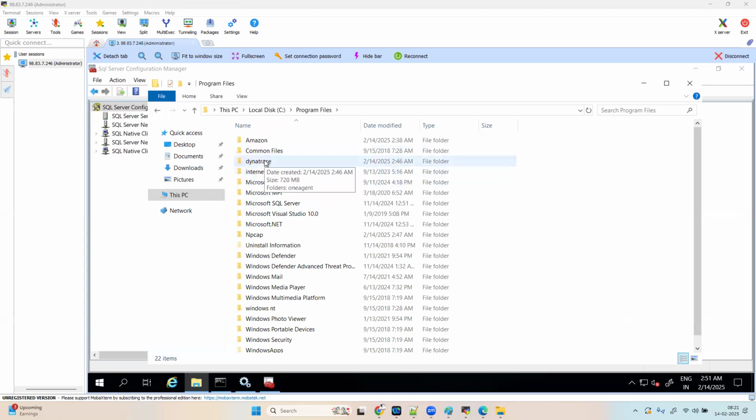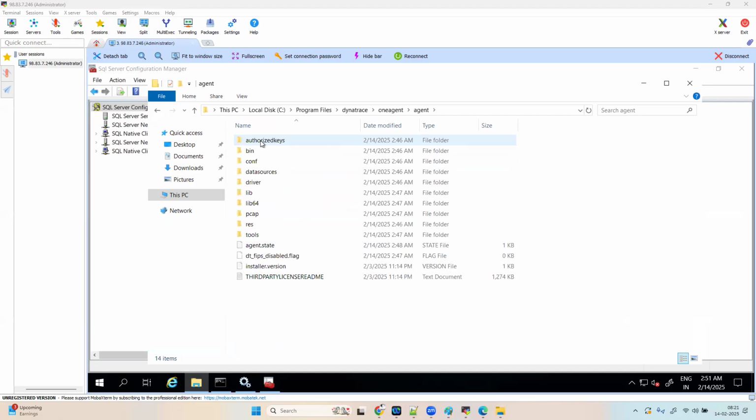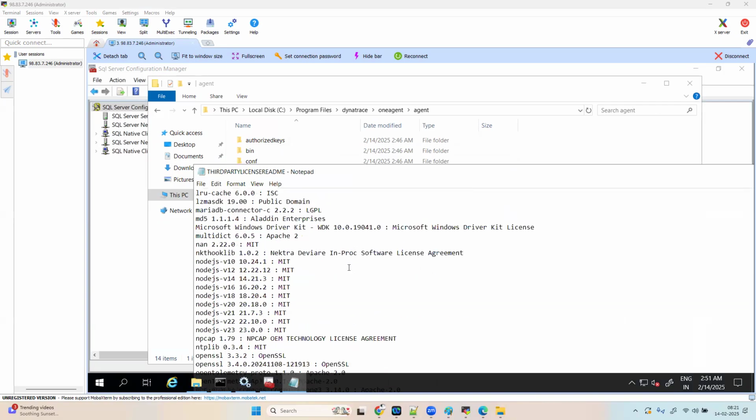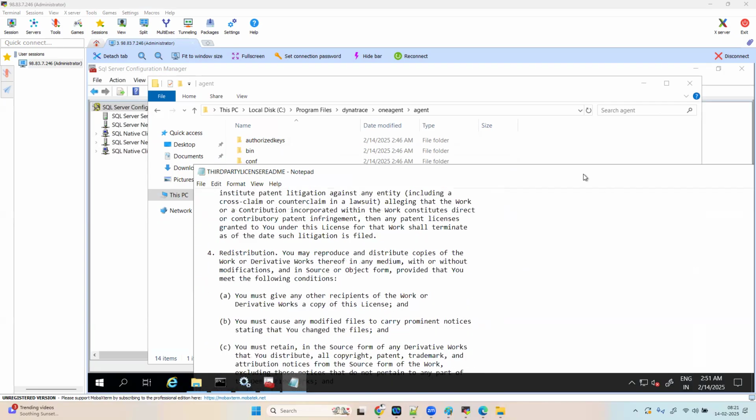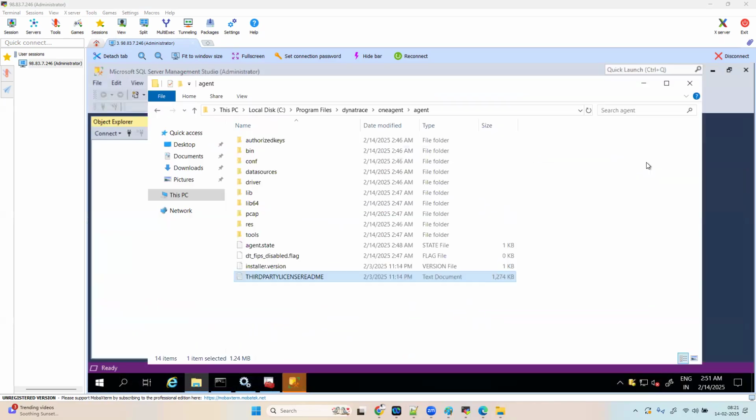So this is your main file, one agent, third party license, readme file. One agent log files, right? The location of the Windows event log says Windows system to config. One agent log files are